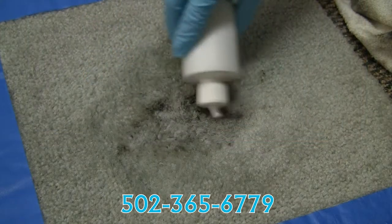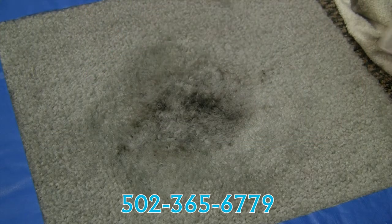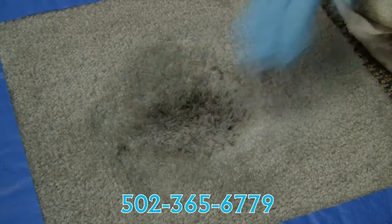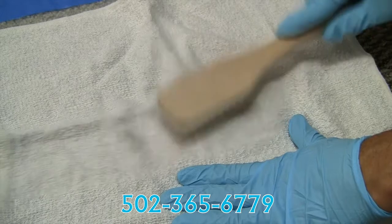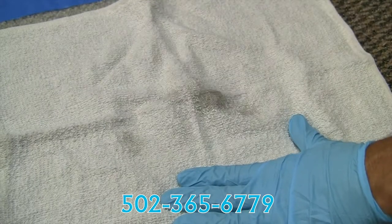Next, we treat any spots or stains with the proper cleaning products for both the problem at hand and the type of carpet we're working with. If for whatever reason a stain does not come out, or if it does require extra work, we'll always bring